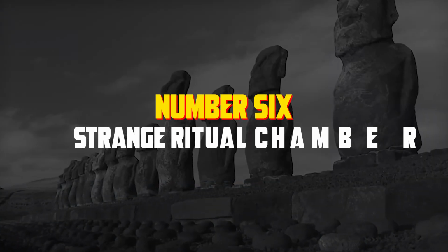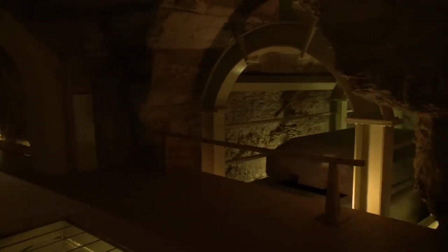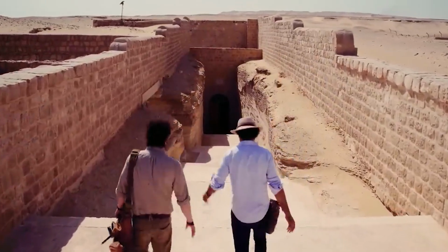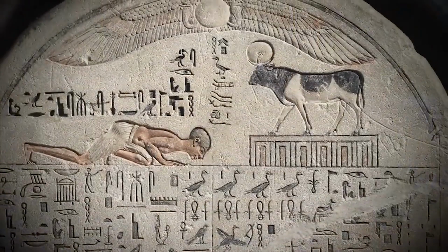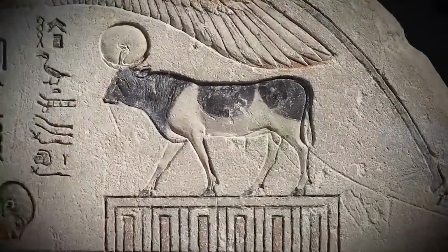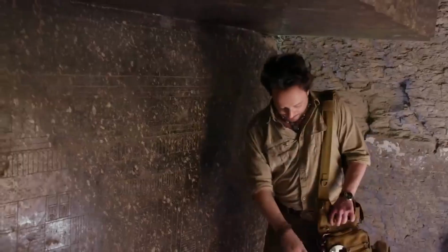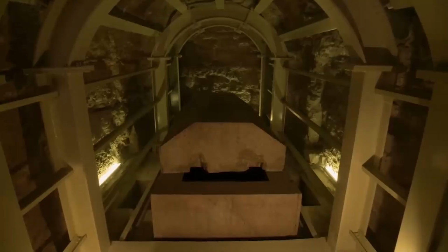Number 6. Strange ritual chambers. If you thought the ancient library was eerie, wait till you hear about this. Explorers spent weeks researching and stumbled upon the remains of an ancient ritual chamber. But that's not even the crazy bit. This chamber had some of the most impressive altars ever seen. The walls were full of strange, intricate carvings that hinted at just one thing: